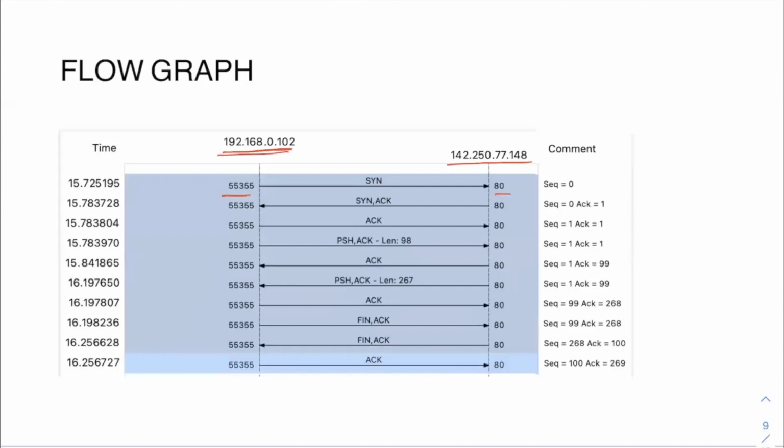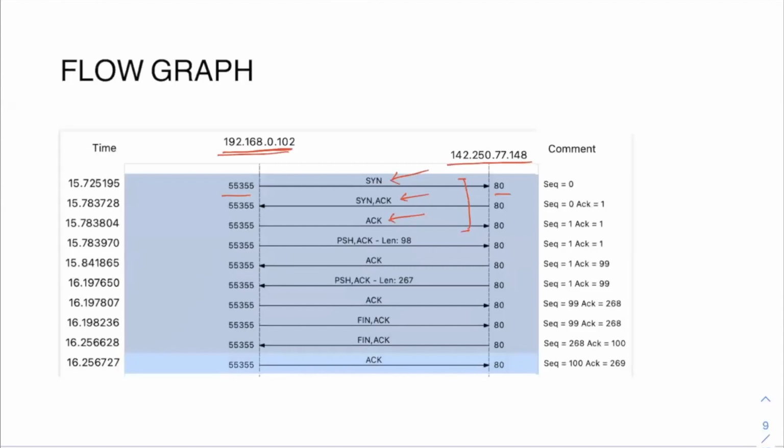Now, if you observe the first three packets here, in these first three steps what is happening is the TCP three-way handshake. You can see the SYN flag, as I told you, right? The first step is called the SYN step, the second step is called the SYN-ACK step, and the last step is called the ACK step. So you have the three-way handshake here. The client will initialize its sequence number to some random number. Similarly, the server will also initialize its sequence number to some random number.